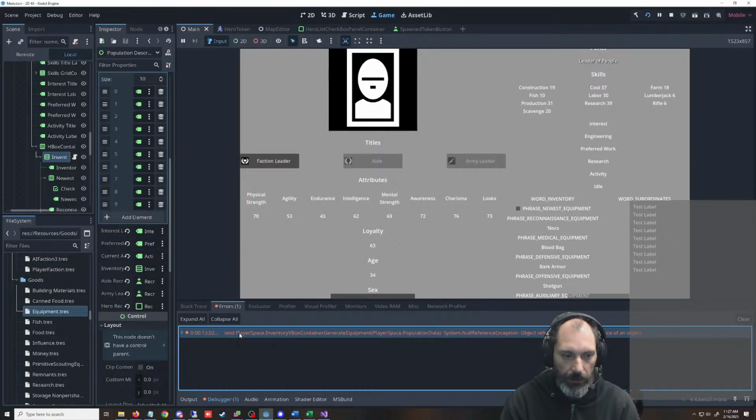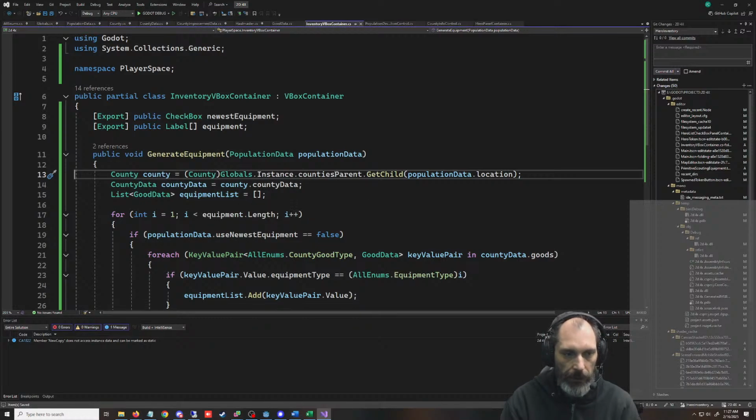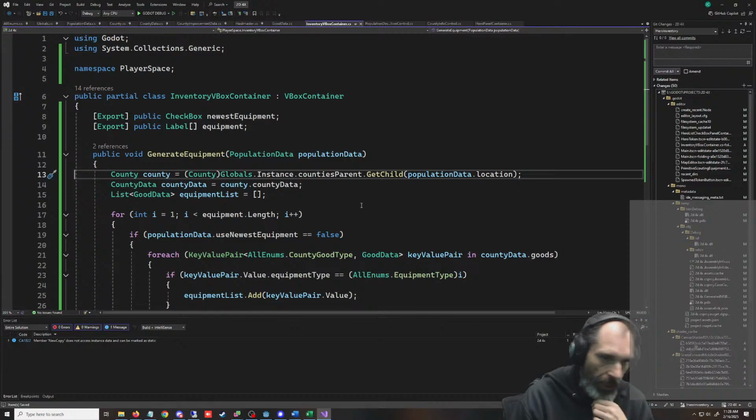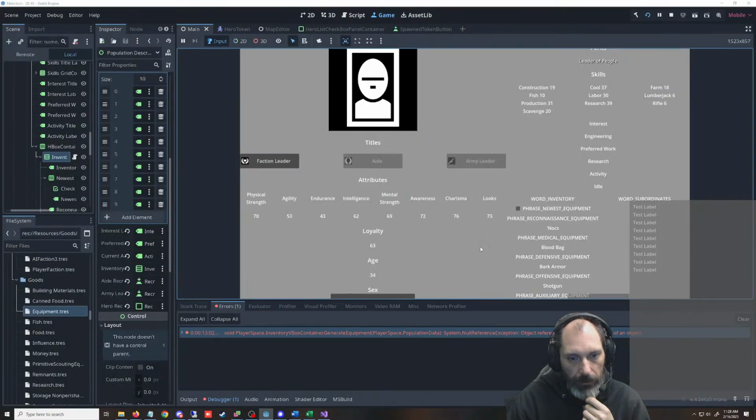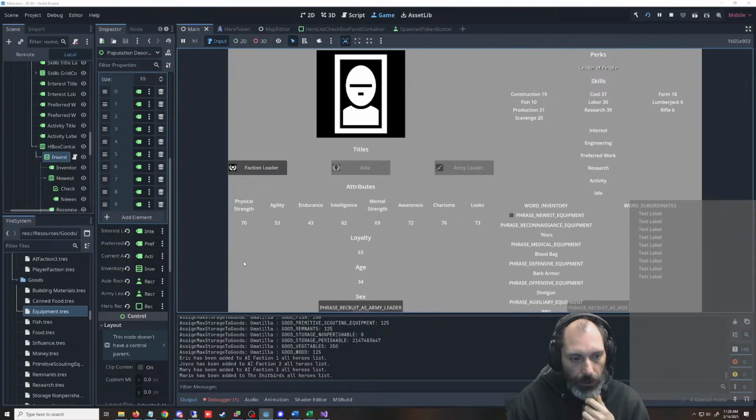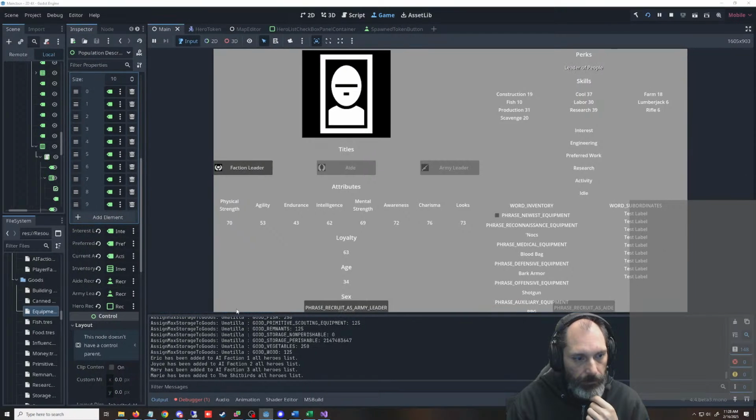Object reference not set to an instance of an object. You think this isn't? It could be -1. The population that we clicked on, though, should have a, whatchamacallit. Why can't I get to my close button?